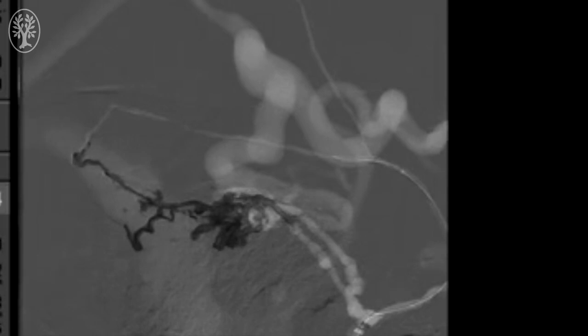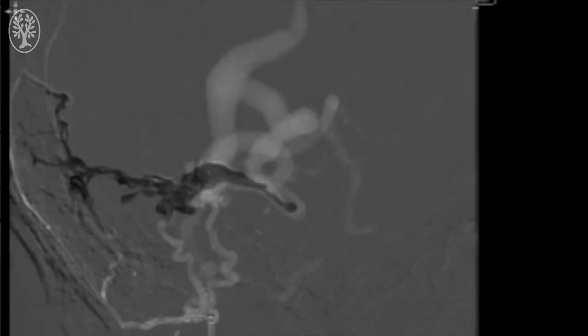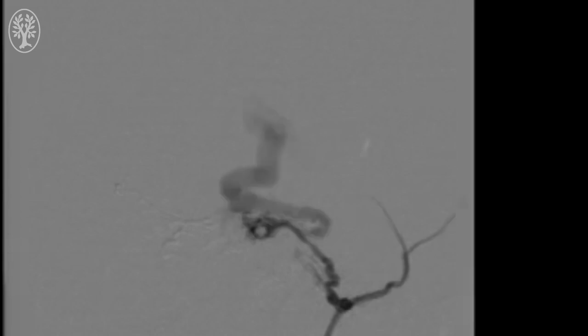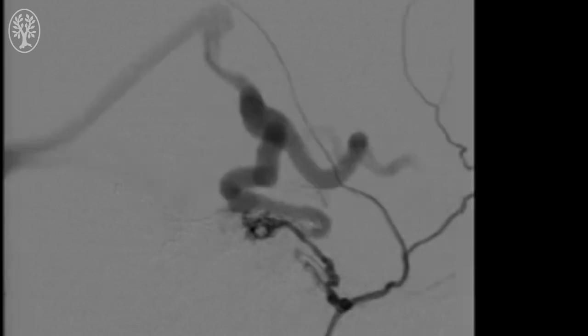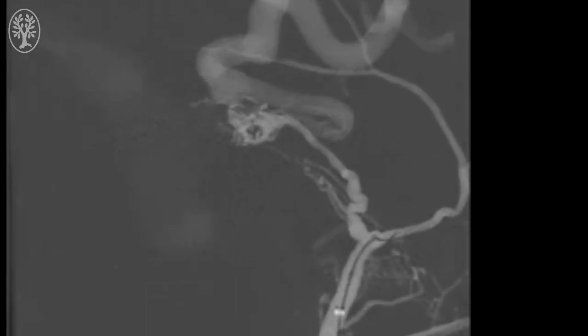More Onyx is injected to really fill in the venous pouch and the normal connection. On an AP view, you can observe how the cast of Onyx into the fistula is being filled, and some other dural branches. We perform another angiogram through the intermediate catheter and observe that the fistula is still present. There is still a small portion of the proximal segment of the fistula that is still filled from this hyperplastic